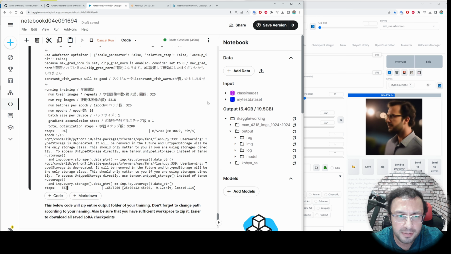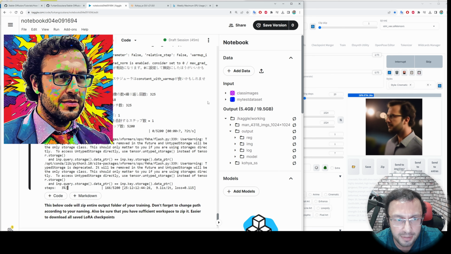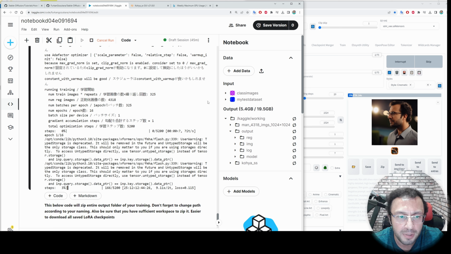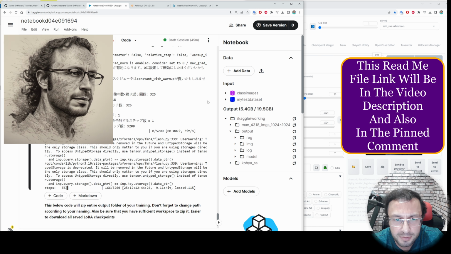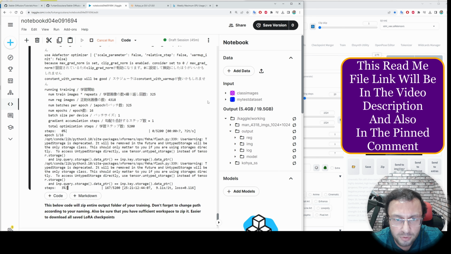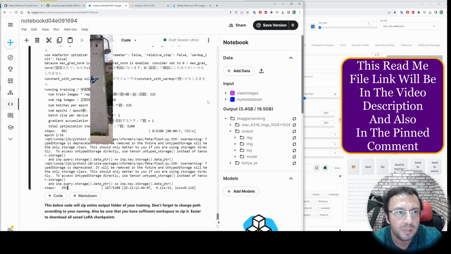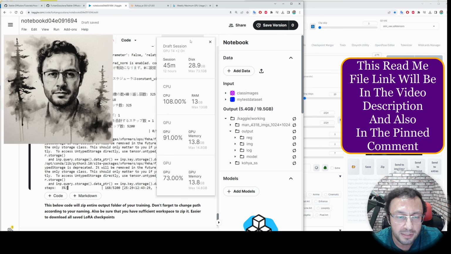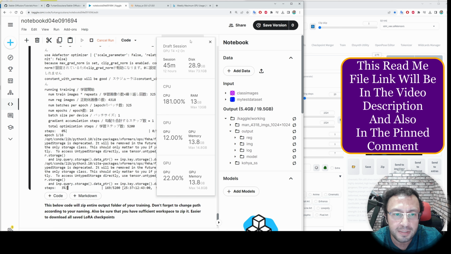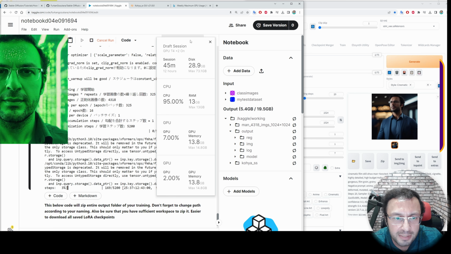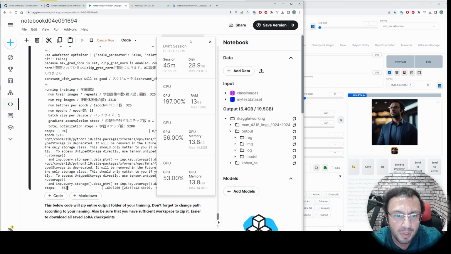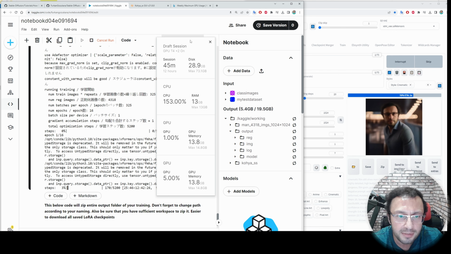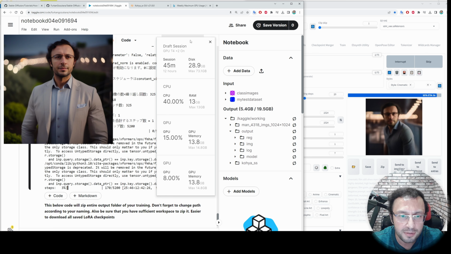Greetings everyone, I have been getting asked how to do Kohya SDXL Stable Diffusion XL training on a free Google Colab. Unfortunately, it is not possible to do this training on a free Google Colab because of the RAM limitation. However, we are going to use a free Kaggle account to do Stable Diffusion XL LoRA training fully. We are going to do training with both text encoder and UNet with 32 network rank dimension, which are extremely optimal settings, and we are going to obtain amazing quality images.